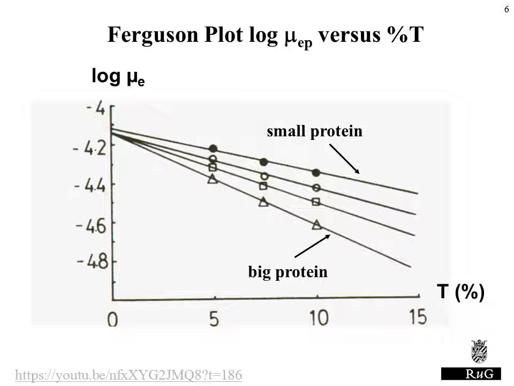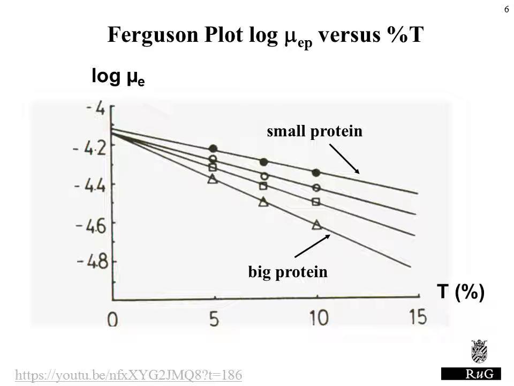But what is important, there's a linear relationship between log mu E and percentage T. In the middle you have two middle-sized proteins, and at the bottom, with the slowest mobility, a big protein. Mobility is mainly affected by the pores and how well a protein can worm its way through the pores, essentially. A very striking feature of the Ferguson plot is that if you extrapolate to a situation where there is no polyacrylamide at all, 0% T, that means free flow electrophoresis, all proteins would migrate at the same speed or have